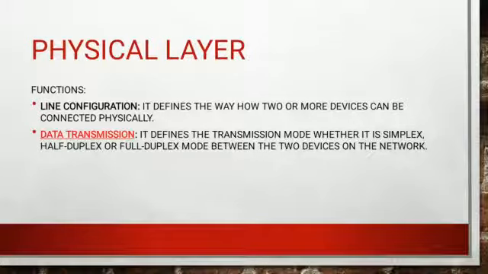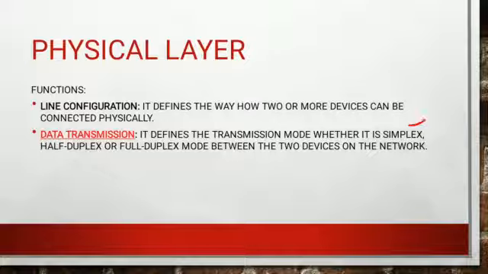Next is data transmission. If the systems are connected through wires or through wireless, now the data is transmitted. If cable is used, or signals are used, meaning wireless, in any case the data is transmitted in the form of either analog signals or digital signals, in the form of zeros and ones, binary data. In the form of bits, the data is transmitted from one layer to another layer. Here data transmission is done in three different modes: simplex mode, half duplex mode and full duplex mode.